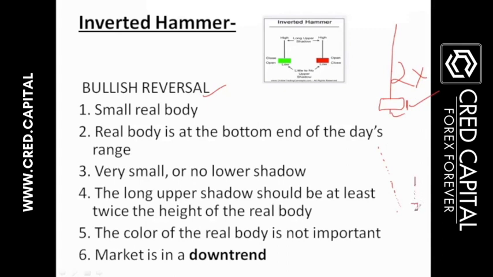After the occurrence of the inverted hammer or any bullish reversal candlestick, always remember that the reversal candle should occur at the support or resistance level of the market. You always have to watch for these patterns at the lower lows or higher highs in the market. Don't look for them in sideways markets, otherwise you will always get the wrong signal. For example, the market is traveling like this.